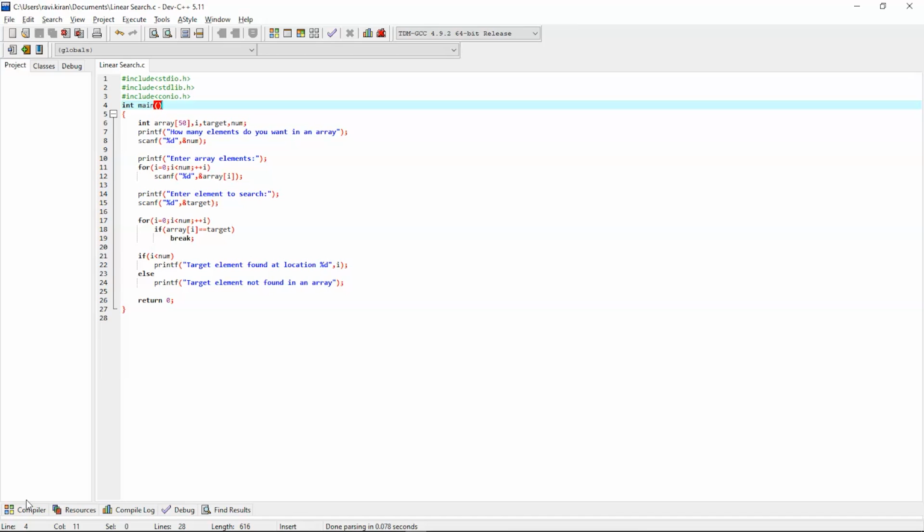Following that, we will use the for loop to examine all the elements in the array. Then we use the if statement to check whether the element is identical to our searched element or not. If the element is found, we exit the for loop with the break keyword. And if the target value's location is less than the number of elements in the array, then we will return the location. Otherwise, if the value location is greater than the number of elements in the array, then the search will be unsuccessful and we won't be able to find the searched element. Now we will compile this code and see the output.